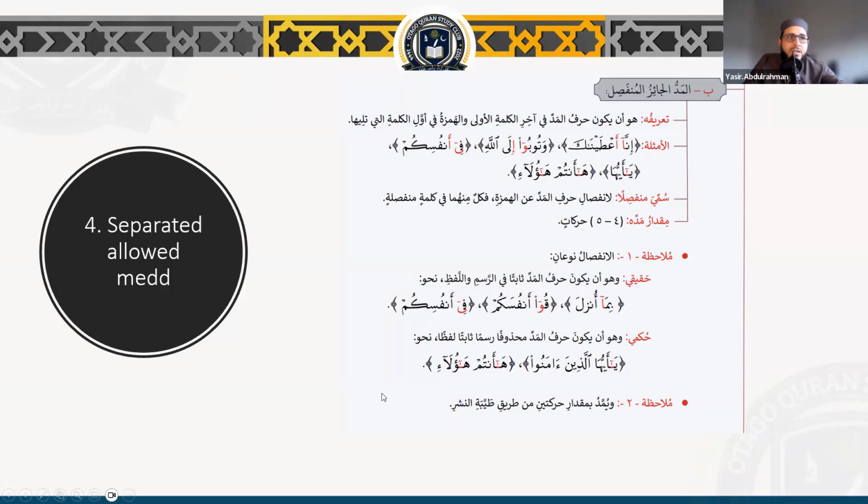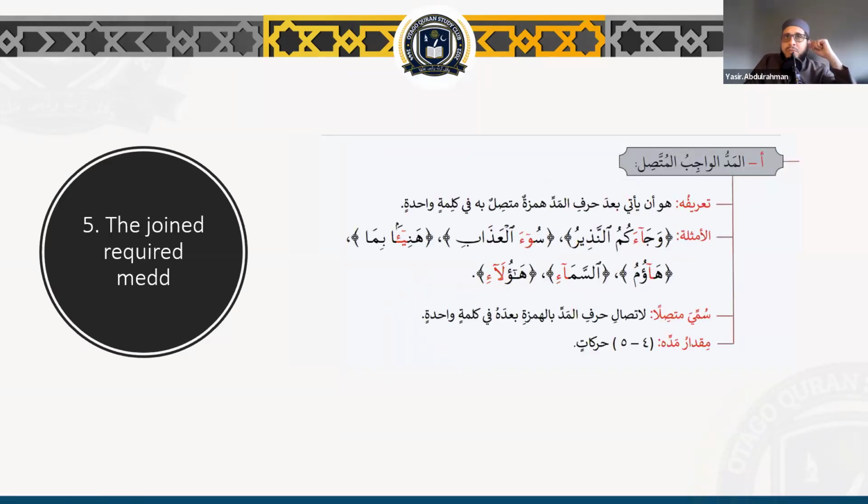We'll come to it inshallah shortly. Now we're talking about الواجب المتصل. So this is the med where wajib means required, and متصل means connected. And as the words imply, connected means it's in the same word, as in